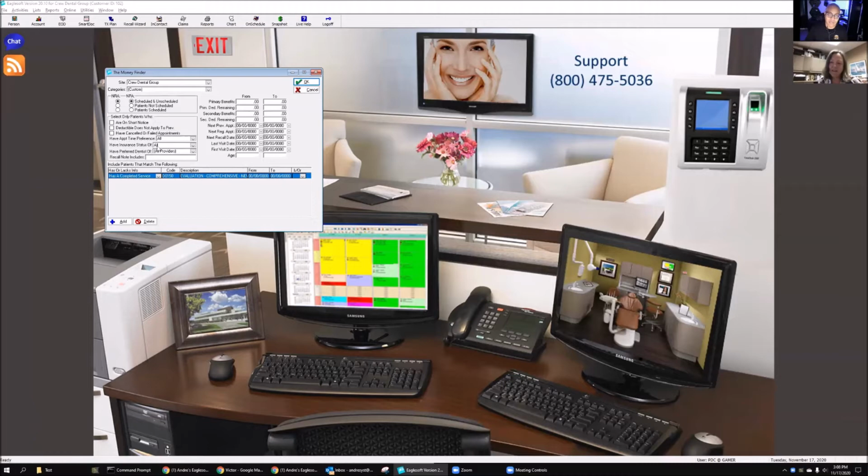And just like Eileen's saying, we can go up here to say those patients do not have a scheduled restorative appointment and they do not have a scheduled preventive appointment. Now, this isn't a real database, so I'm not going to get real numbers out of this, but I'm going to leave this as a